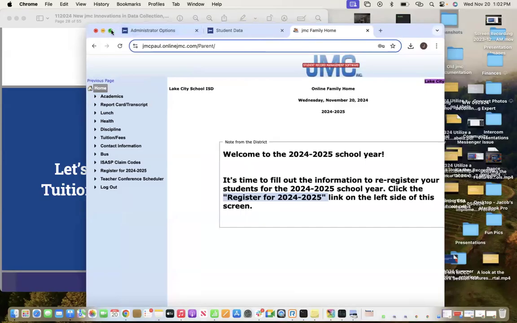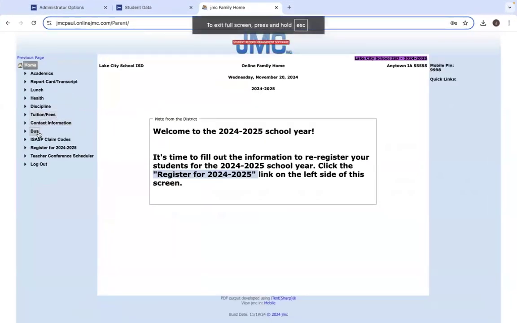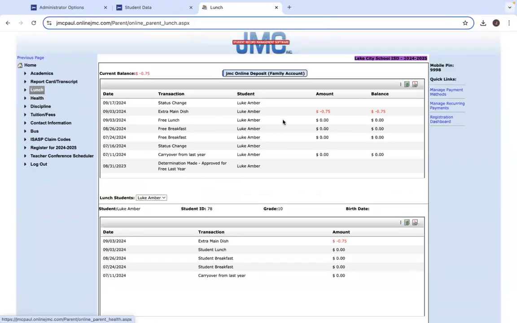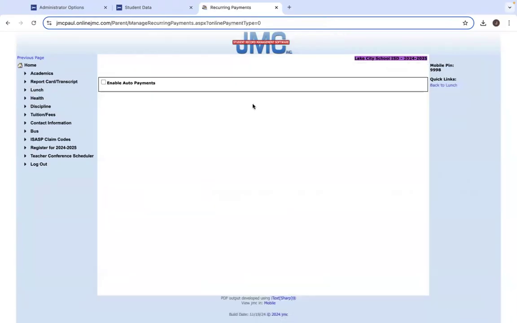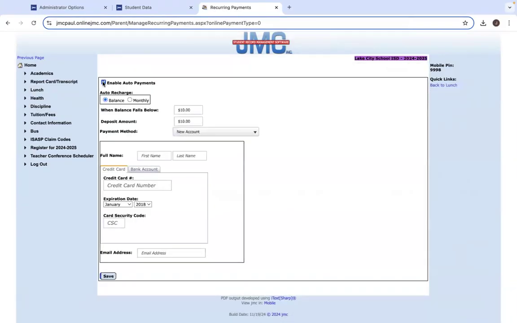Okay, so now in JMC Family, we head over to lunch. There's a quick link on the right-hand side. So that's your manage recurring payments. You'd have to enable auto payments, and then we can enable auto payments for lunch. The recurring payments also allows you to set up